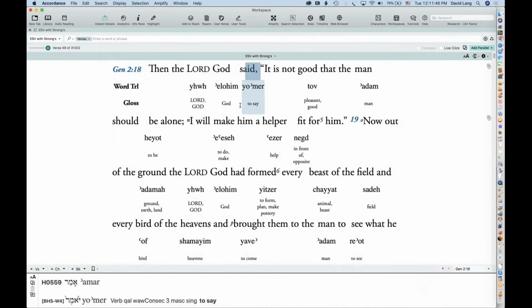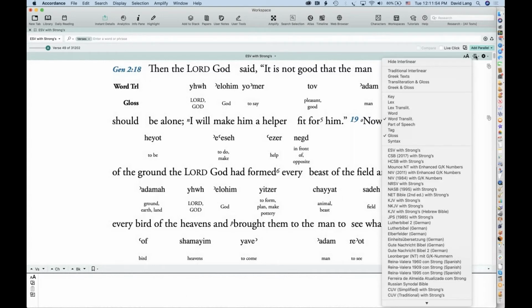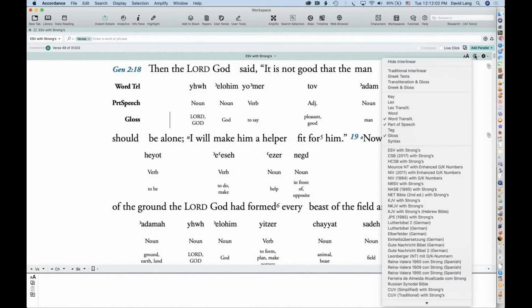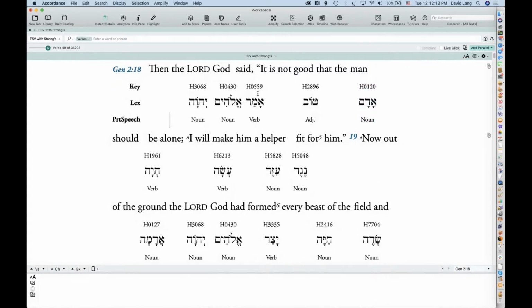So you can set up your interlinear presets to give you the information that you want, or you can say, let's start with this, but I also want the part of speech, and you can add that information. That's why we call this the dynamic interlinear, because you can set whatever view you want. But let's go back to just the traditional. The traditional interlinear gives me the Strong's number for the word, its lexical form, and then its part of speech to tell you what's a noun, what's a verb, and so on.